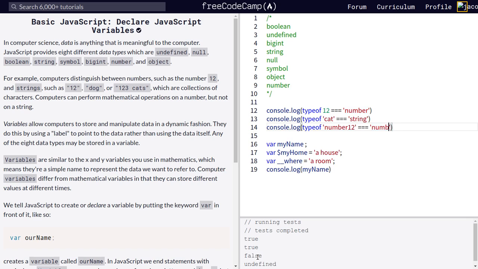So we can choose, like, a string, then it returns true. Yes,